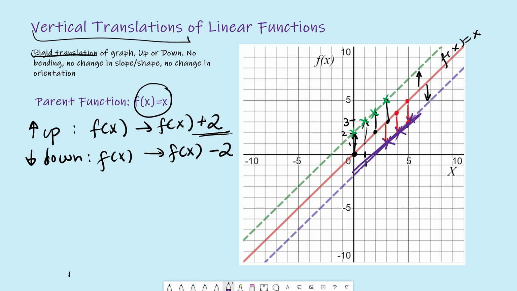So vertical translations are probably the easiest to understand. What's nice to point out in this case is that vertical translations and horizontal translations are basically two sides of the same coin. So we could go from this red curve here to the purple one here, either by translating to the right, having a horizontal translation to the right, or a down translation. So a vertical translation down. So these are equivalent, and it's very obvious in these graphs that we can go from one to the other with these simple